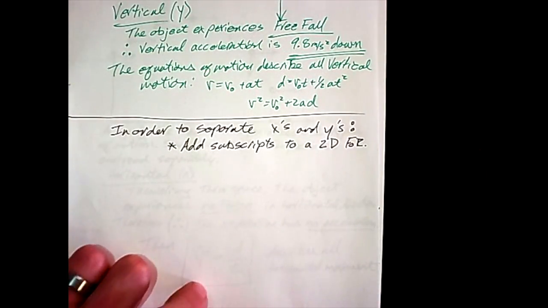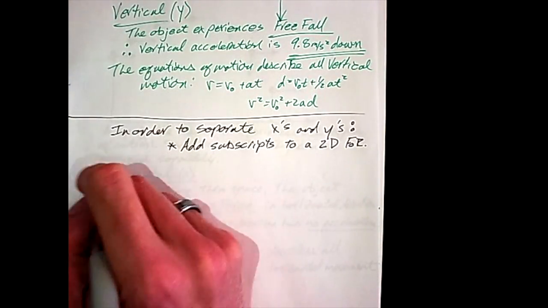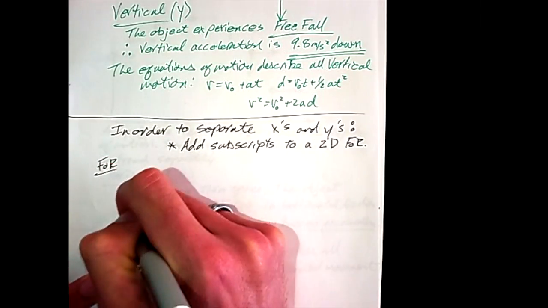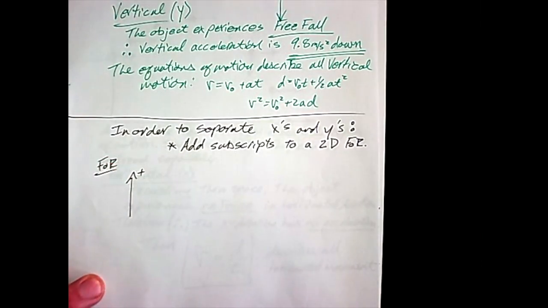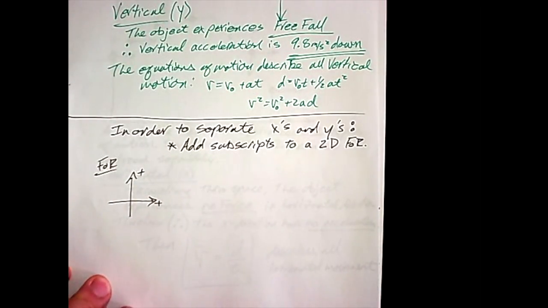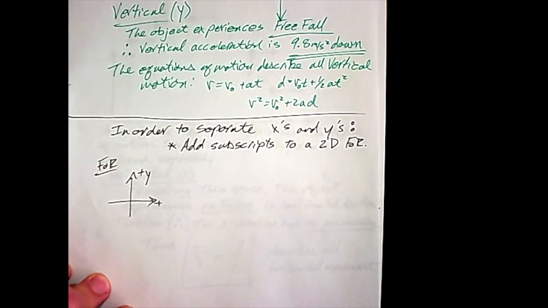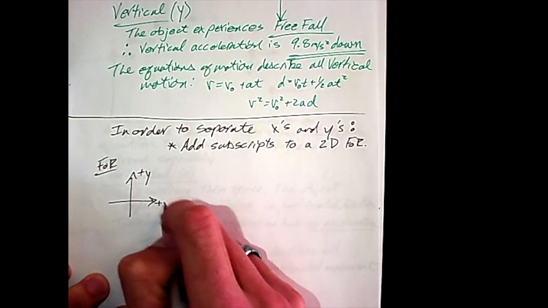And I'll explain what that means. So the frame of reference that we've done so far, FOR, has either been up positive or right positive, or the other way around, being free to decide on your own. But the problem now is if I say positive 2 meters per second, I don't know if I'm moving to the right or if I'm moving up, because positive 2 could be either of those. So we are going to stick to our math coordinates, and we're going to say up is positive y, and right is positive x,